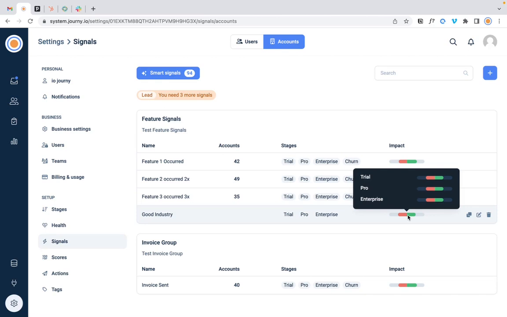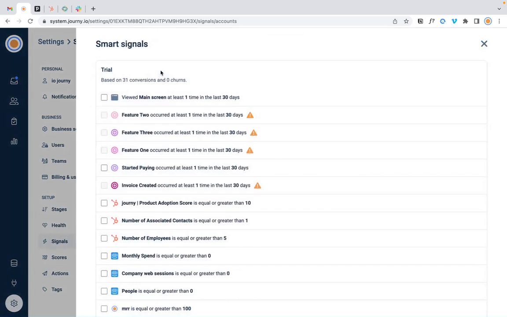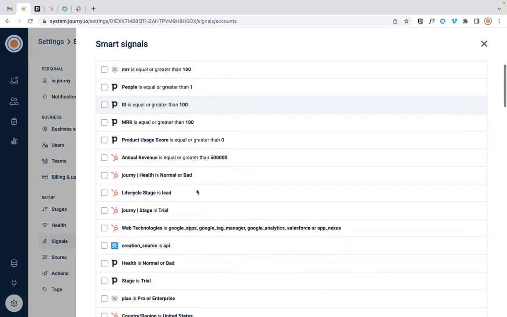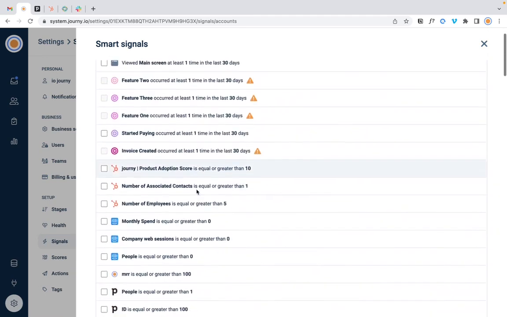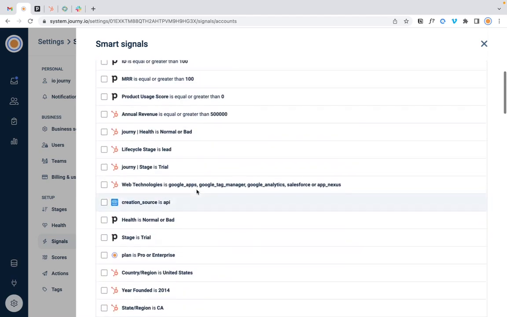Now, we also understand that it's really, really hard to create those signals. Big companies invest money in data analysts just to make sure that they find which signals are actually best for conversion. Not with Journey.io. Our machine learning model will constantly train from all the positive and negative movements and will propose certain signals to you. And so you receive a lot of signals, whether in trial and pro, and you can just add one if